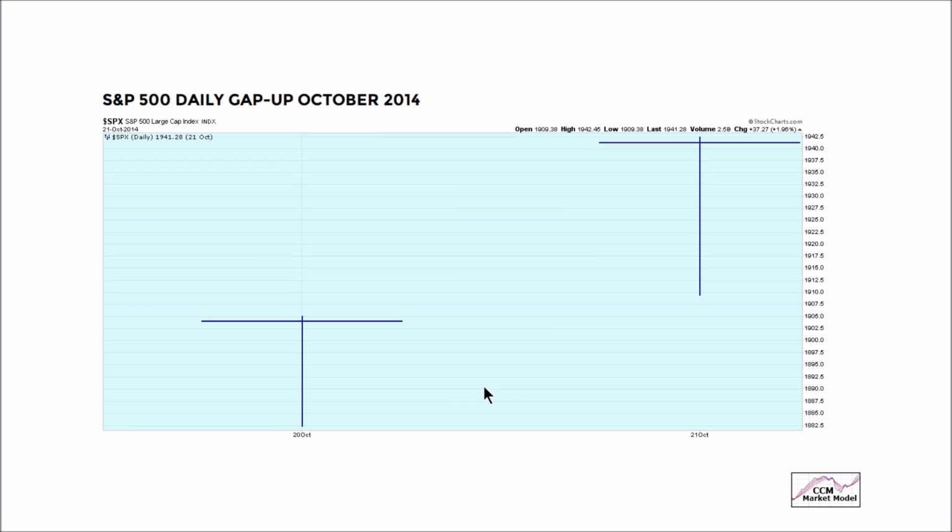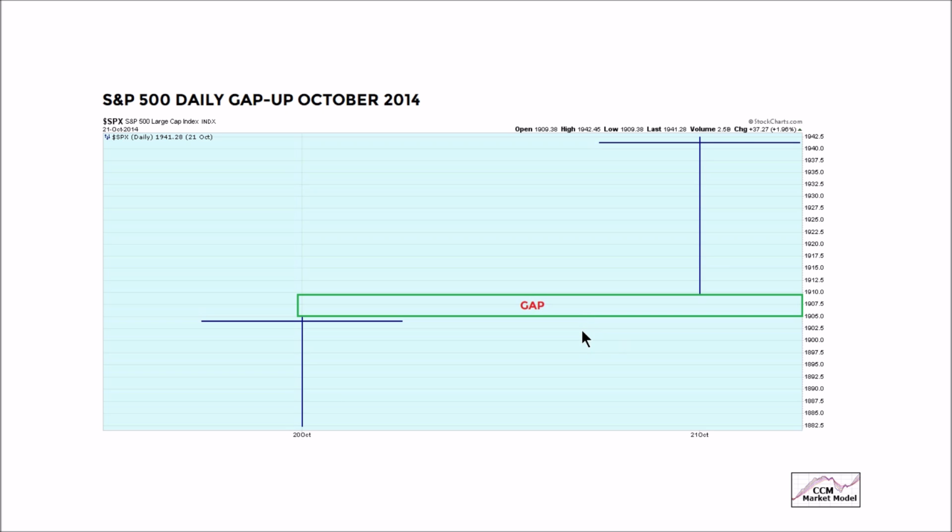Markets like to fill gaps. There are some caveats. Here's a gap up, S&P 500, October 2014. Here's the high. There's a gap between the high and the low the next day. So let's assume on October 21st, 2014, we knew the S&P 500 had a gap open, and we decided to stay in 100% cash because we know that the market always retests or fills gaps. Why can that be a dangerous strategy?